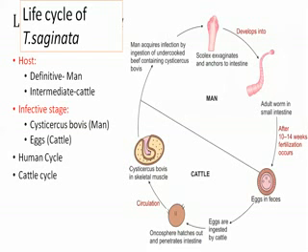And today's just one more thing, I am repeating this one. Life cycle is more important. Just the intermediate host differs. In case of Taenia saginata, cattle is the intermediate host. In case of Taenia solium, pig is the intermediate host. But the route or mode of infection is the same for both.